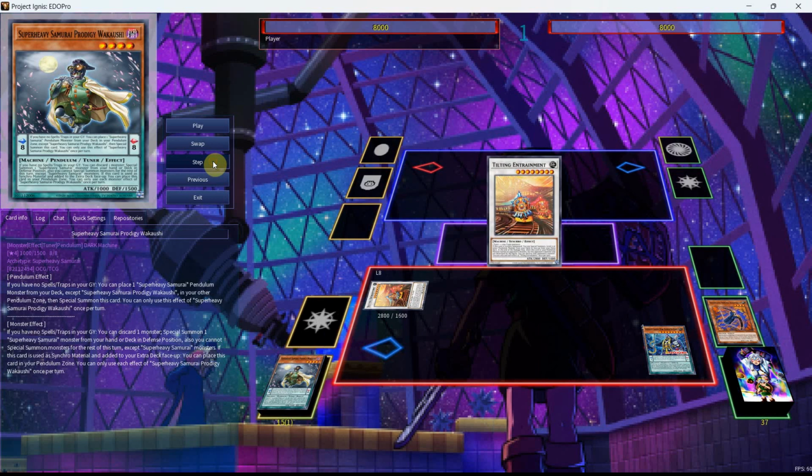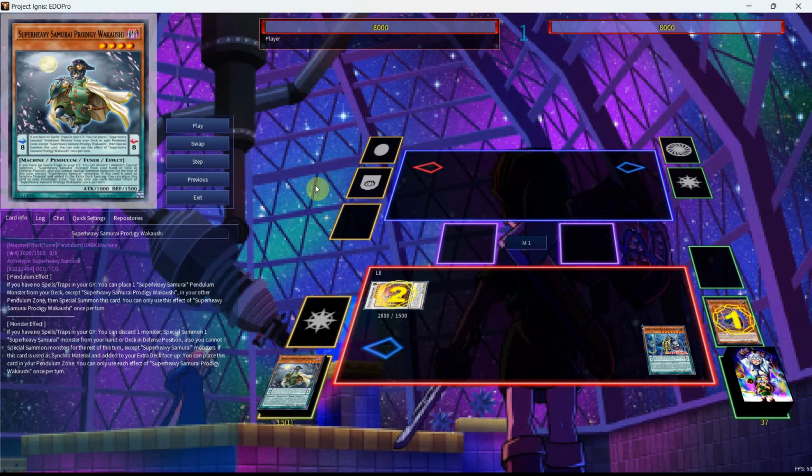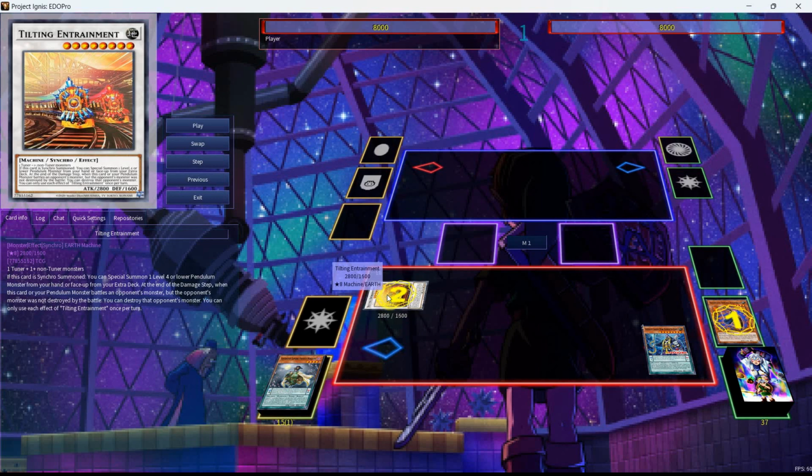Now we can normal summon the Soul Piercer, go into our Tilting Entrainment, use the Soul Piercer as Chainlink 1, the Tilting Entrainment as Chainlink 2, and basically what this allows us to do is special summon one of our level 4 or lower Pendulum monsters from our hand or face up from our extra deck. What this card allows, being an Earth Machine, is that you can continue to extend your plays with the Knuckler